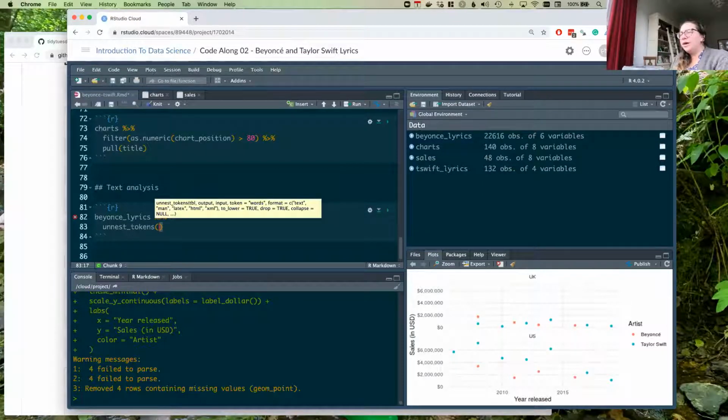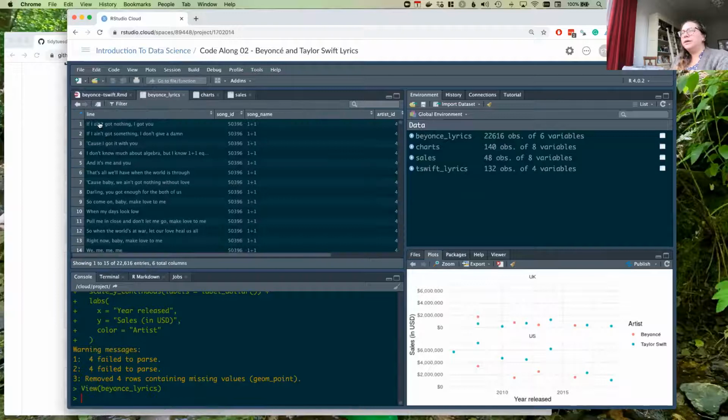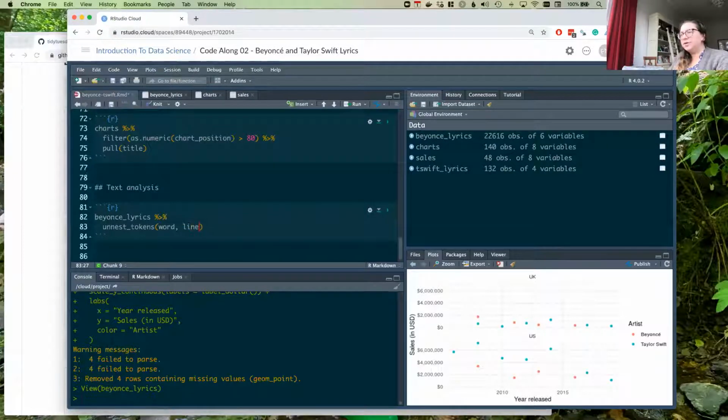So the output, we're going to call it word, and the input, if I look at the lyrics data, the name of the column where I can find the words was called line. So let's do this.